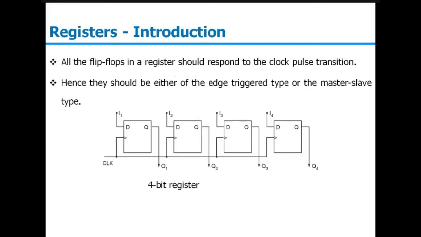Talking about how to design the registers. If I'm talking about a 4-bit register, and as discussed, we will be using the D flip-flop. So we will have 4 stages of D flip-flop depending on the number of bits. So this is my D3, this will be Q3 then. Here we will have D2, Q2, D1 and Q1, and then I will have D0 and Q0. So we will be using these 4 flip-flops, and since these are edge triggered.